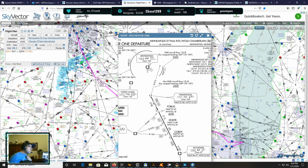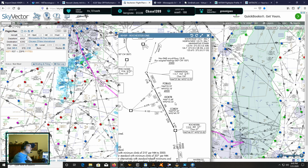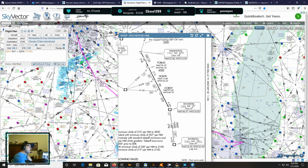MSP, 7 miles, 35.7, got to be above 3,500. And that frequency is 115.3. And then he'll probably give me a direct to either Farmington or usually they give me Doctor. So I'm probably gonna get a direct at Doctor, and then we'll pick up our departure from Rochester, at which